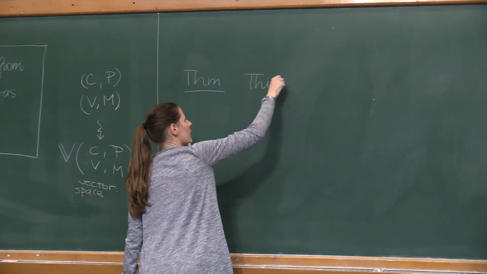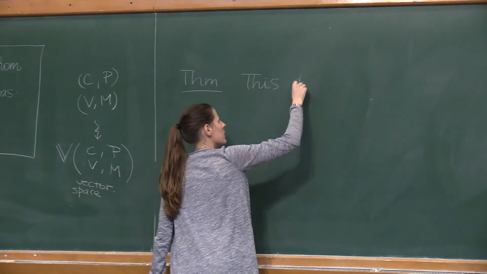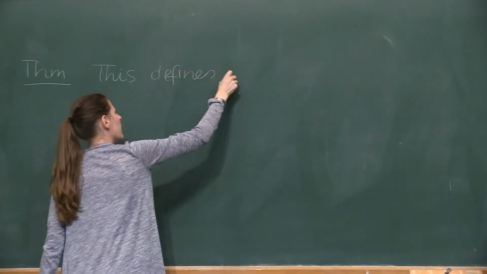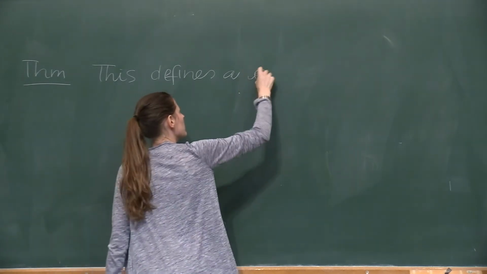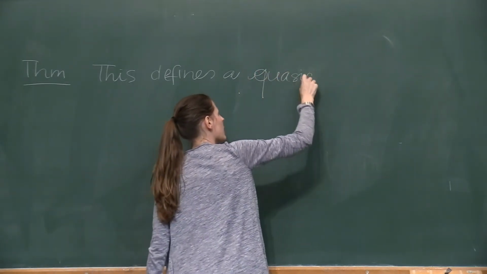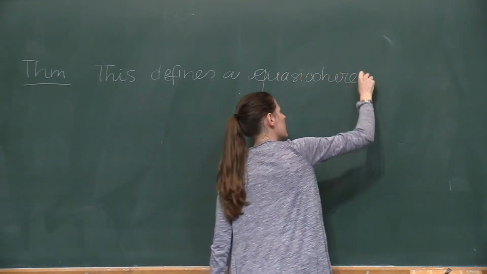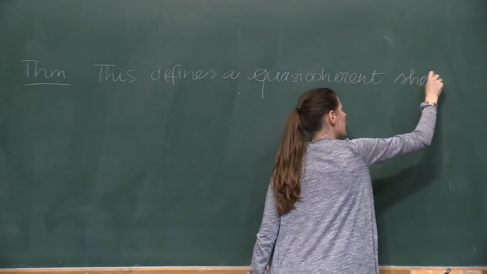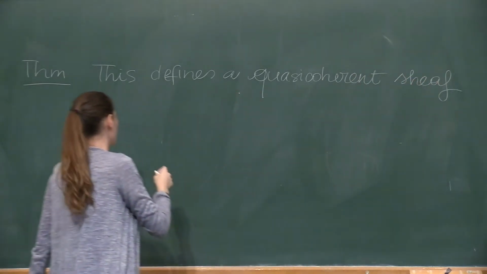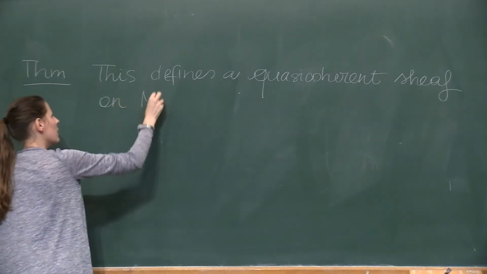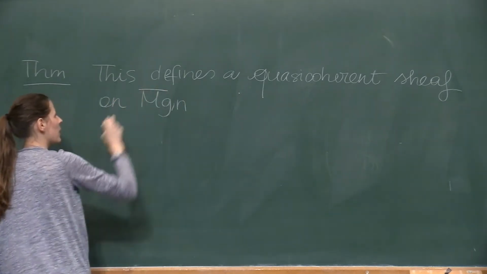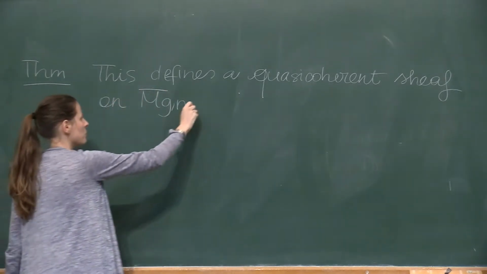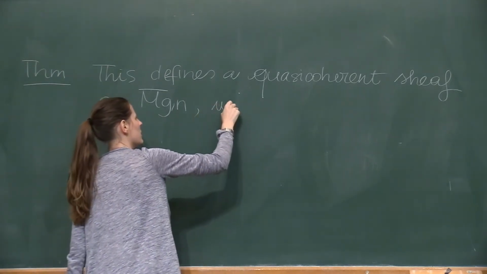That this, meaning that description, defines a quasi-coherent sheaf on M_{g,n} bar, let me say, which is, well, denoted